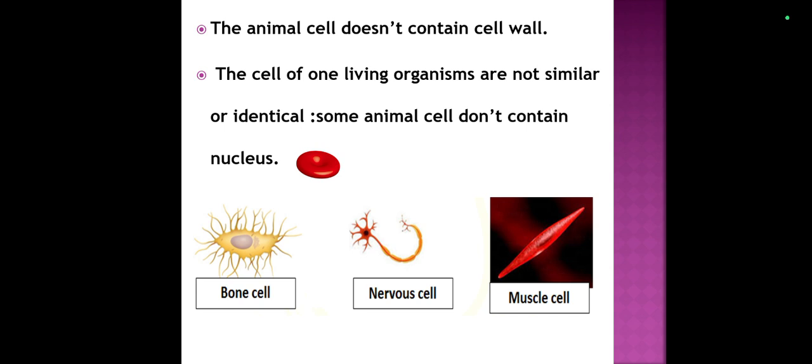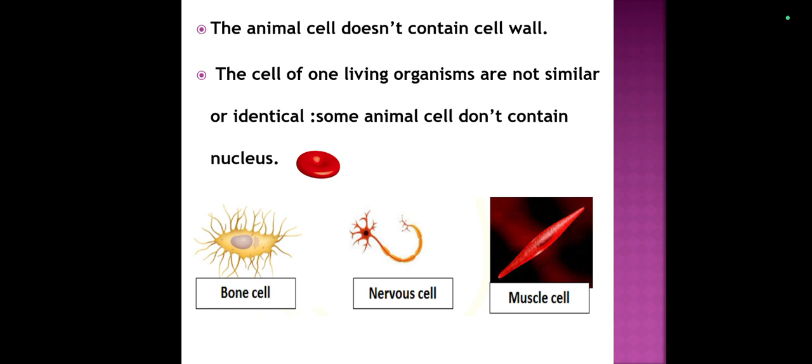Animal cells don't contain a cell wall. The cell wall is only found in the plant cell and not in an animal cell. So, teacher, if I give you a sample and ask you whether it is an animal cell or a plant cell,